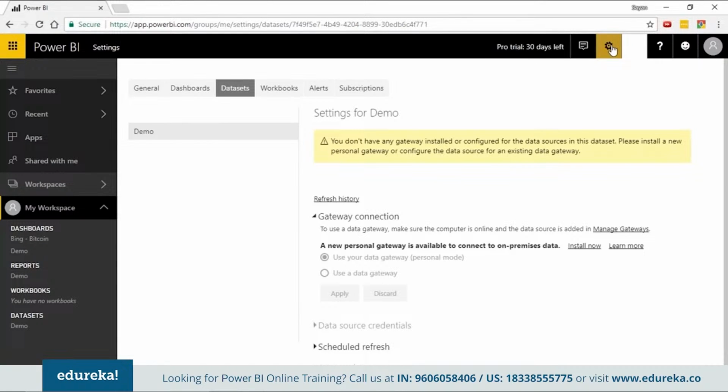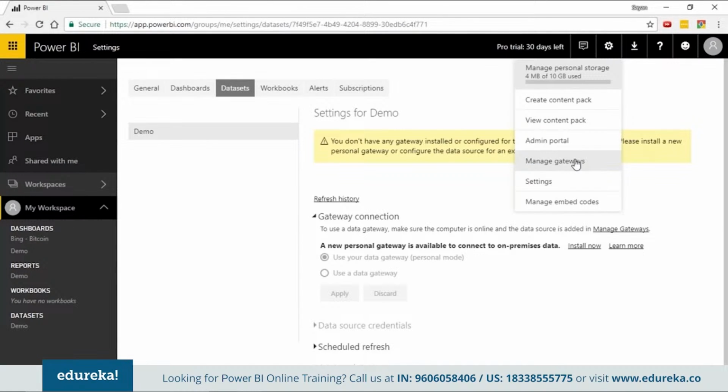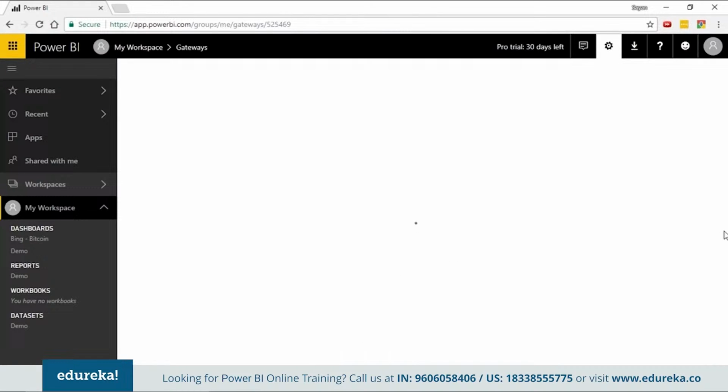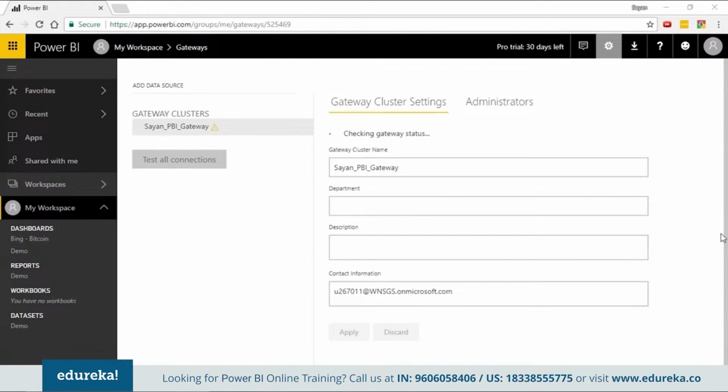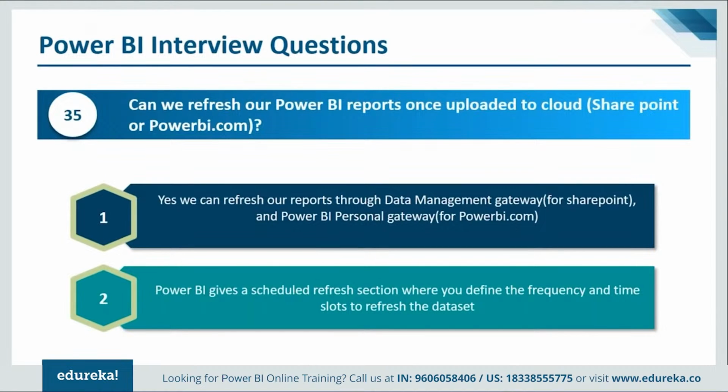Right? And you can also go to the Manage Gateways tab to basically go and manage your gateways. So if you already have a gateway installed and you want to go back and set your gateway specifically, this is one other place where you can go back and check your gateway. Everything's working fine there. Okay, so it's important that you mention a couple of these things, that obviously, yes, you can refresh. There is something called schedule refresh, and also mention about gateways. Gateways are that they are the interface between the cloud and the on-premise world. Okay, so gateways are what allows you to transfer your data from on-premise sources to your Azure cloud, where your cloud server, that's the Power BI service, is hosted.